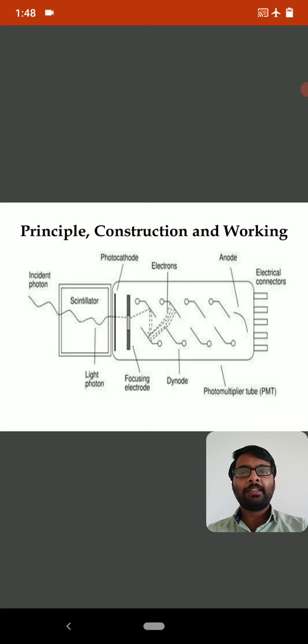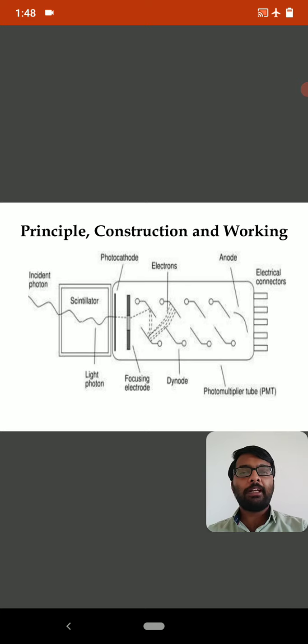So when a photon or any light photon is incident onto that scintillator, there will be production of flashes of light called scintillations. Those scintillations are made to be incident on the photocathode of the photomultiplier tube. So when these scintillations are incident on that photocathode, there will be ejection of electrons from that photocathode through the photoelectric